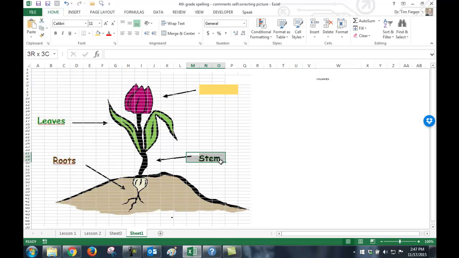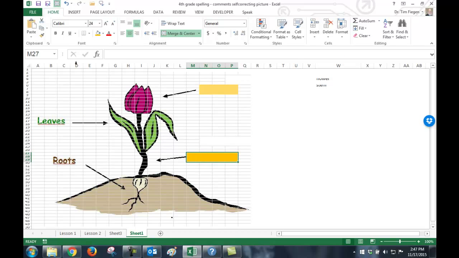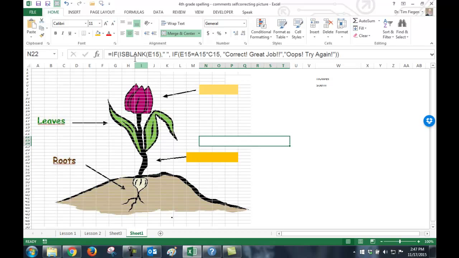Let's cover this up. I'm going to put this yellow behind here, and I'm going to merge them so they're all together, and I'm going to make this 24 for the answer, and I'm going to put it right below here, STEM, and that is W6, and this one is M27. So I go ahead and I where I would like this to come in here, so I'm going to say I want it right here, and so I merge all those into here, and I put my formula in here again, and I say if this is, and how I know right here, M27, if M27